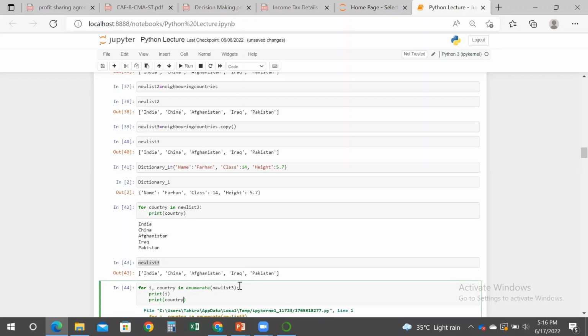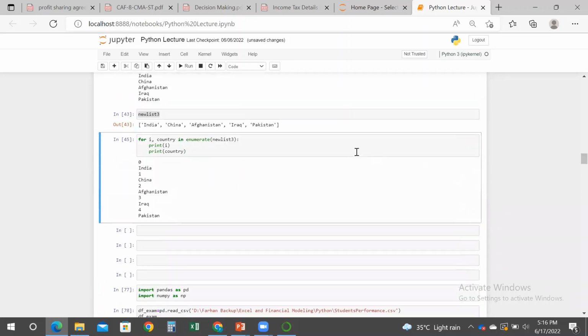So now let's see what happens. Now it listed the elements of the list and also indicated the index number above each element. So that's how we can use for loops to enumerate